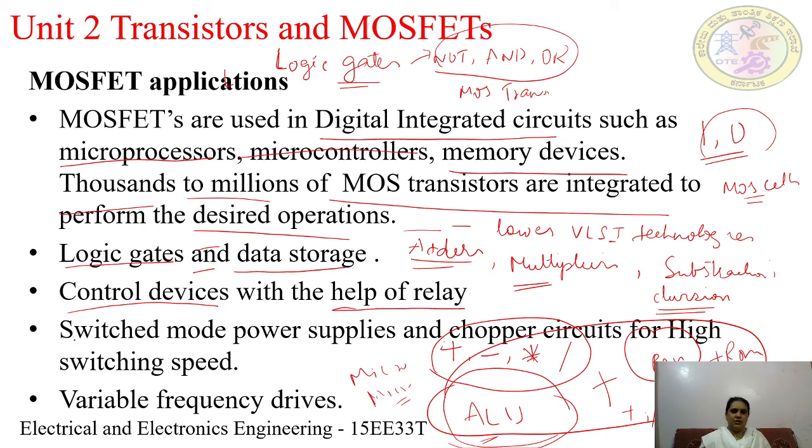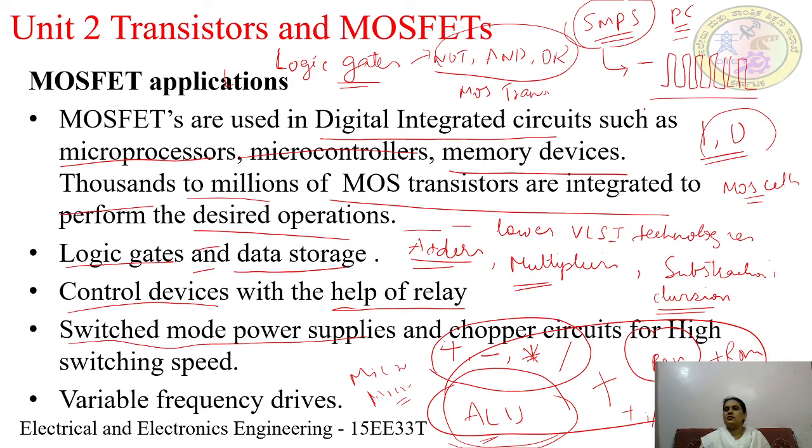So, we are including the MOS in the SMPS. So, what is an SMPS? SMPS is a power supply used in personal computers. In the computer, we are using a device, the SMPS, which will power up the motherboard and the various accessories inside the desktop or the personal computers. This SMPS converts a DC voltage into a very high frequency AC voltage, which is used for the connection of the various devices inside this. So for this high switching operation, we are using the MOS circuits.